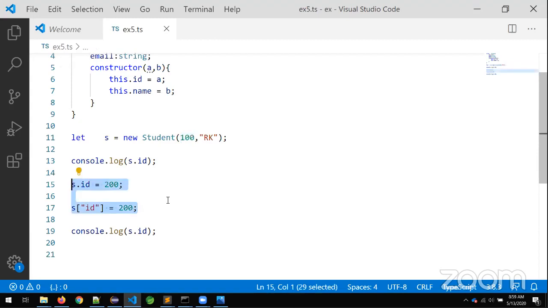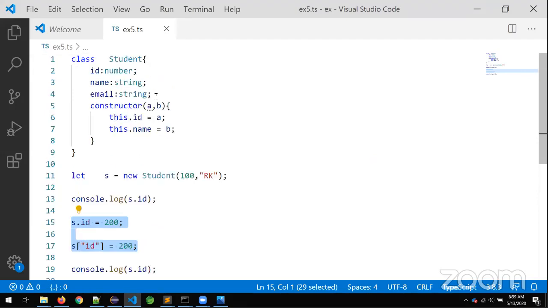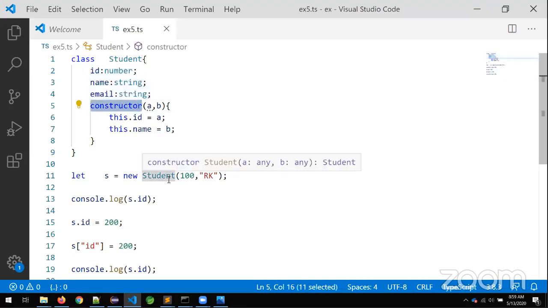Now I am asking the question, what is the class, sir? It is a combination of data and logic. How to initialize the data, sir? By using the constructor. When will the constructor be called, sir? At the time of object creation. So this is what programming is.